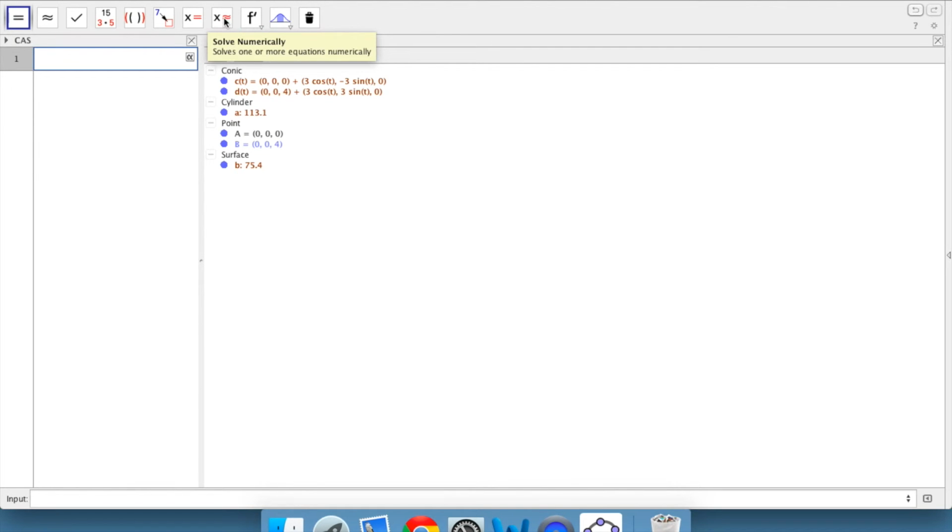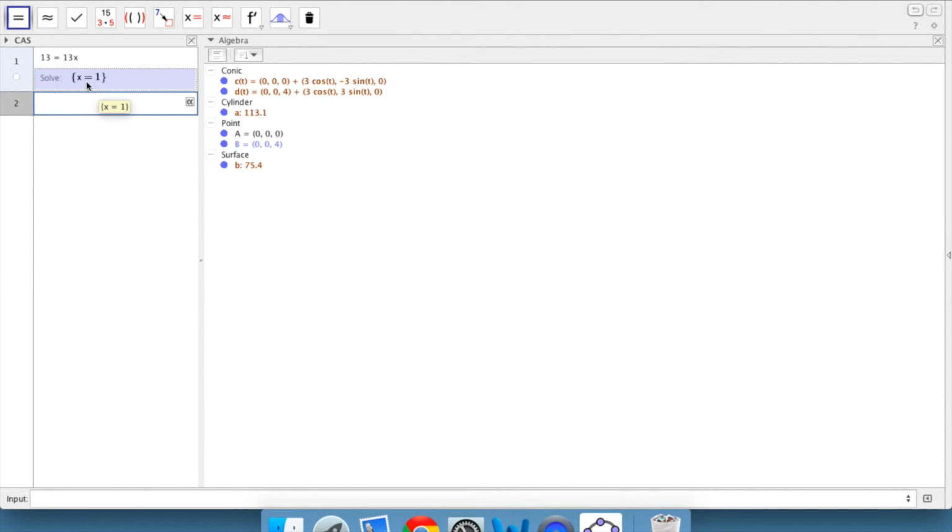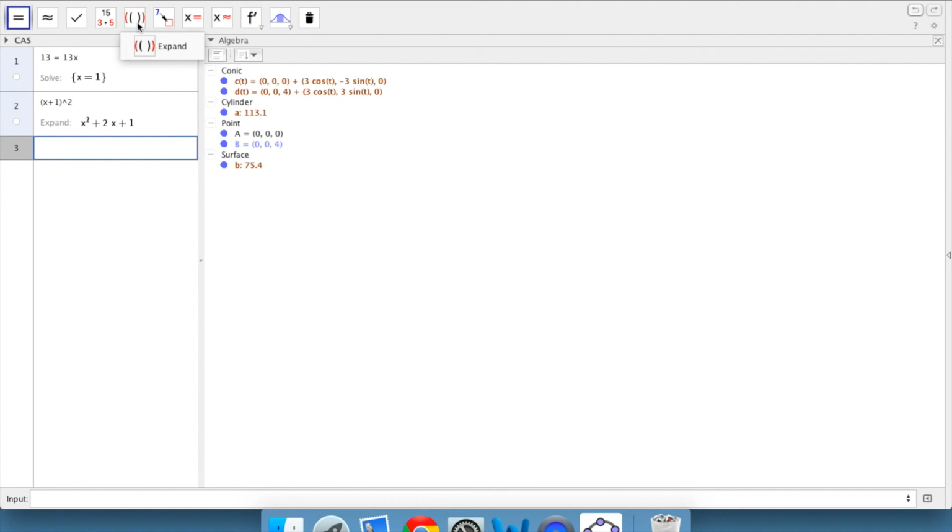It can find the derivative of it. It can find if you solve for the equations or expand brackets. So let's try something easy like 13 equals 13x. You come up here to solve. It gives you the value that solves for it. Also, if you want to do something like, if you put in parentheses x plus 1 to the second power, simply, you can come up to here to expand brackets, and it'll give you the expanded form of that expression,